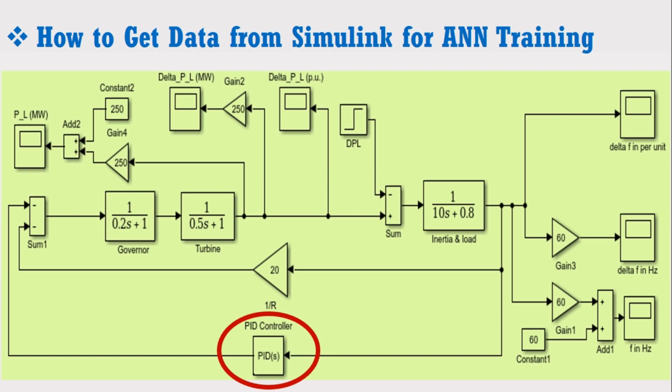For this purpose, we have to get the data from the Simulink model and shift this data from the Simulink to workspace so that we can perform its training using the ANN. It may be noted that this technique can be used for any model related to any field. First, you must notice that whenever and wherever PI controller is used in any model, that PI controller can be replaced with ANN controller. Therefore, this ANN tool is very useful and can be applied to thousands of the research topics for the completion of master and PhD research.